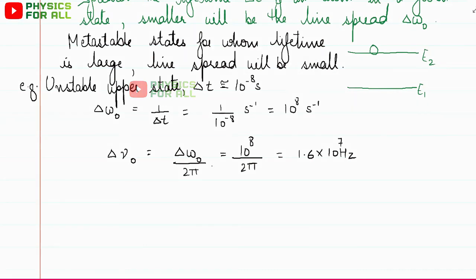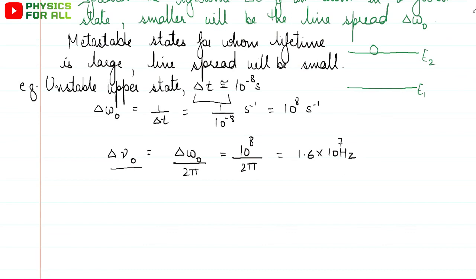As every level, higher or lower, has a finite lifetime, the uncertainty in the frequency of emitted radiation includes uncertainty in energy and hence frequency of both the levels. So it's all because of lifetime, because here I'm solving everything due to this T. We started our topic, natural broadening, by saying that inherent line width arises due to the finite lifetime of the excited state. So see how important this delta T factor is. Everything depends on this.